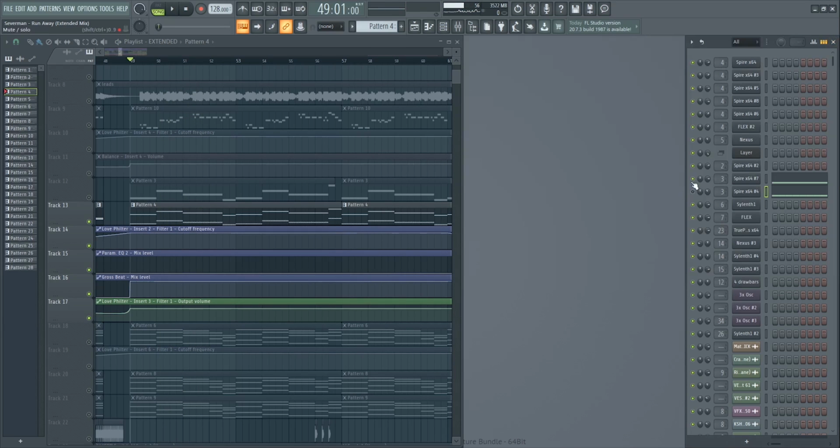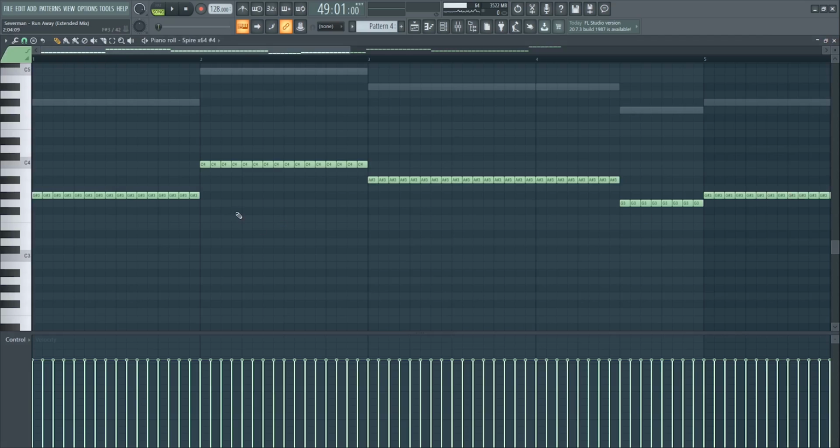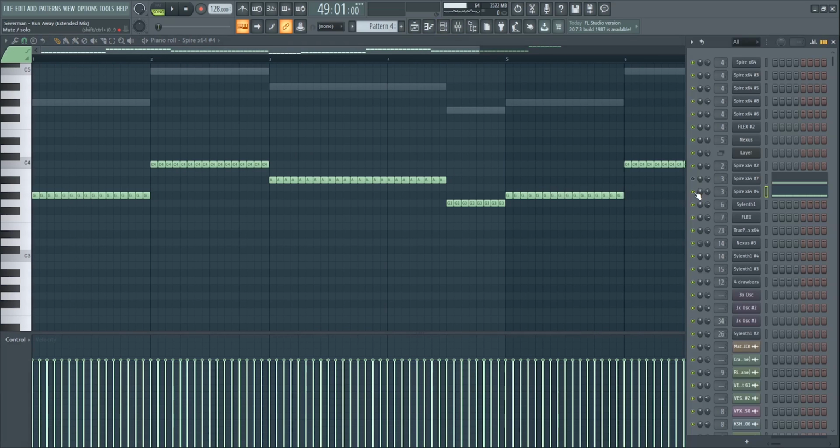And then with the second mid bass layer, what I did with this one, I actually gated it up so that it plays those gated notes. And yeah, if you just listen to this one,